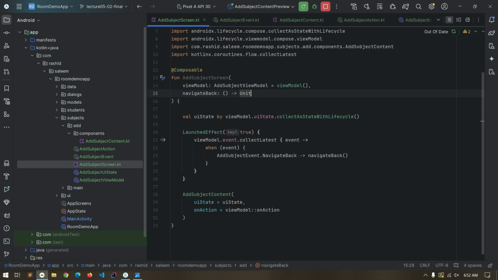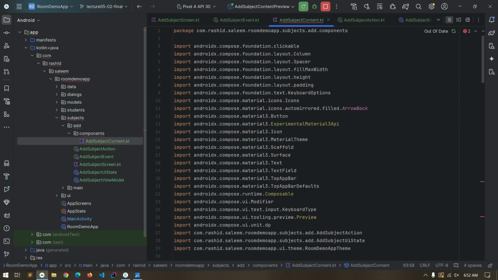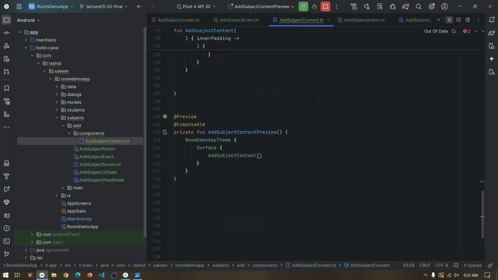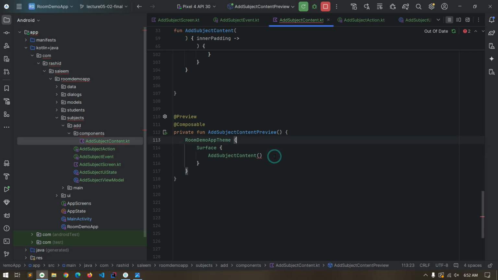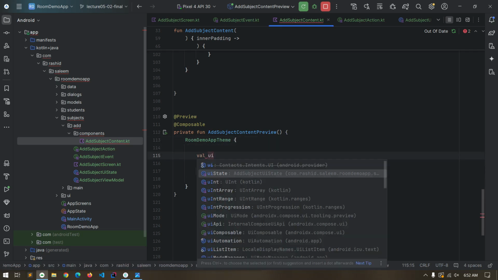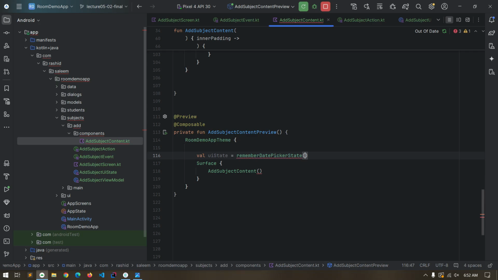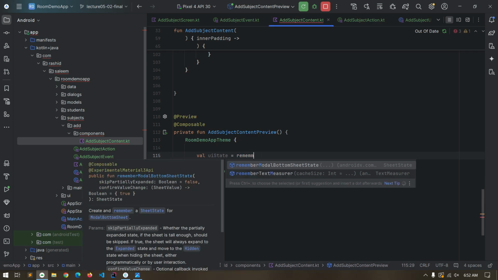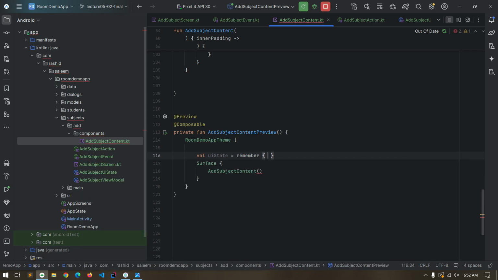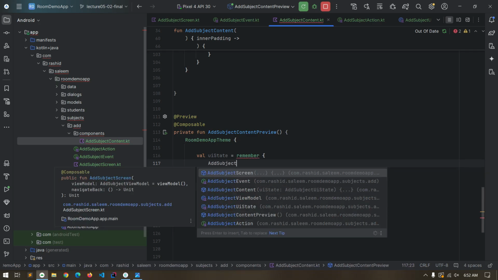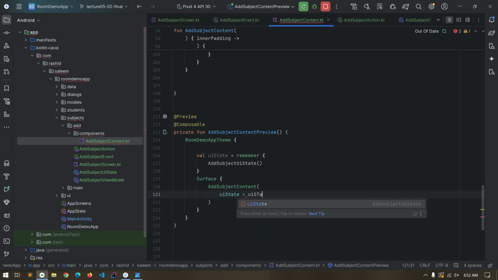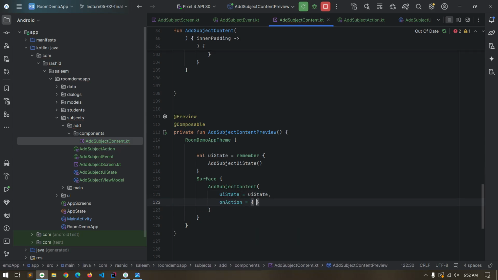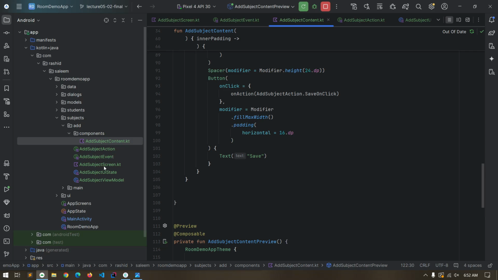Okay, and now we need to add a few things in our content file. Here we are seeing some warnings, and this requires two parameters, UI state and on action. So first we will create a UI state. Remember, AddSubjectUiState, and pass the UI state in here, and on action is a lambda function. So the errors have been removed,